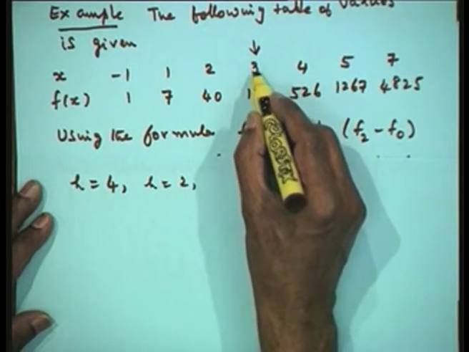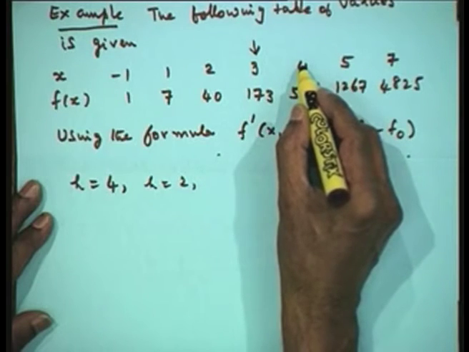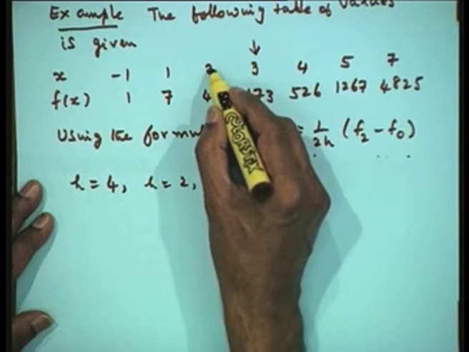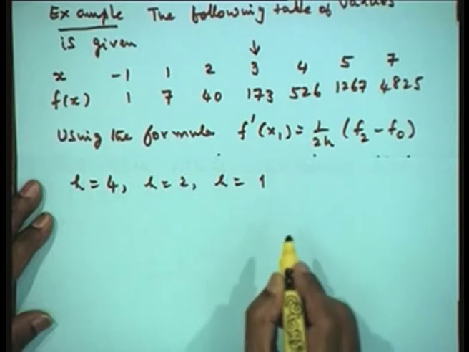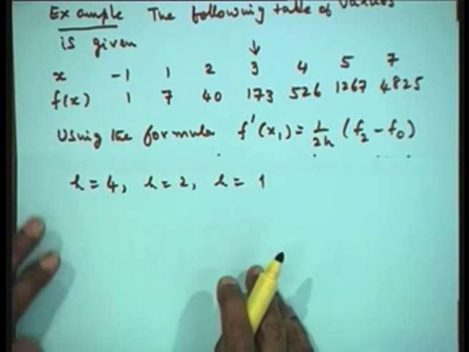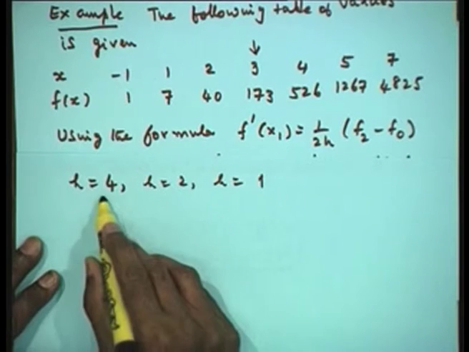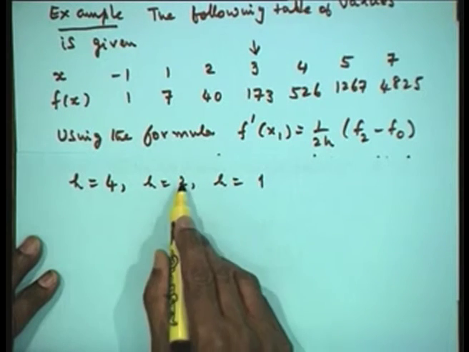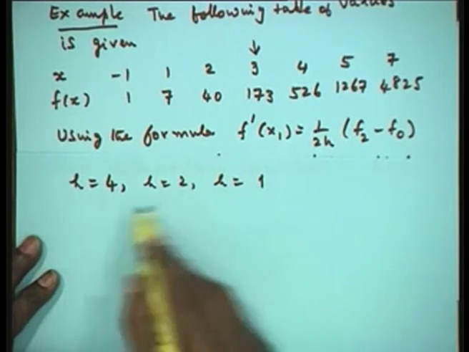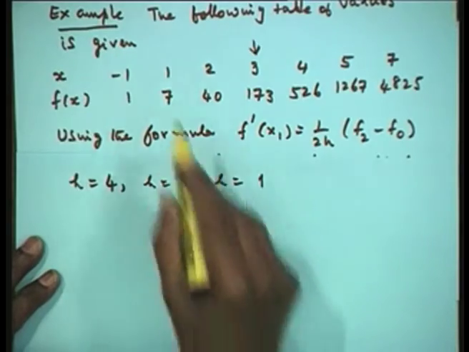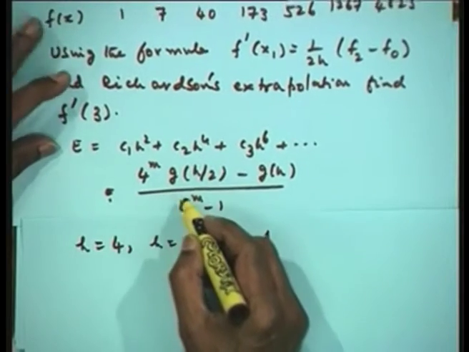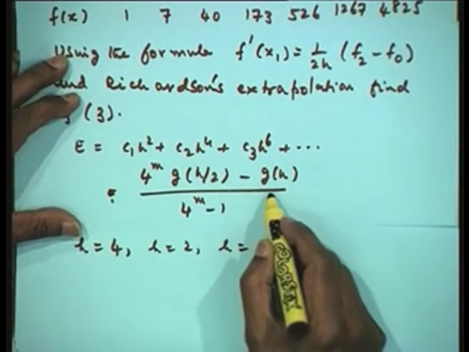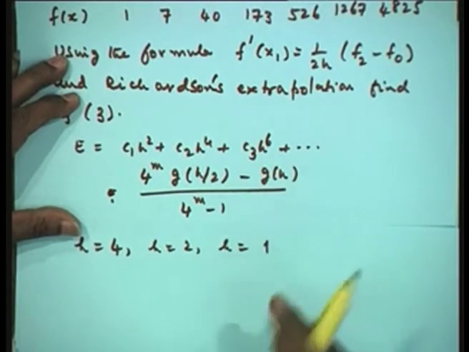Now, again 3 4 is given at a distance of 1 ahead and a distance 1 behind is also given to us. That means I can also compute with h equal to 1. Therefore, I have 3 possible values of h that can be computed: h is 4, h is equal to 2, and h is equal to 1, and each one is reduced by a factor of 2. So again it is reduced by a factor of 2, so I can use this particular formula that we have used. This is only for the case when you are reducing by a factor of 2.